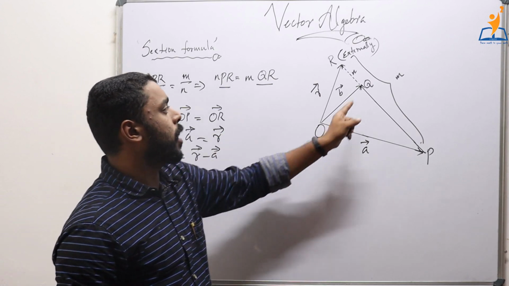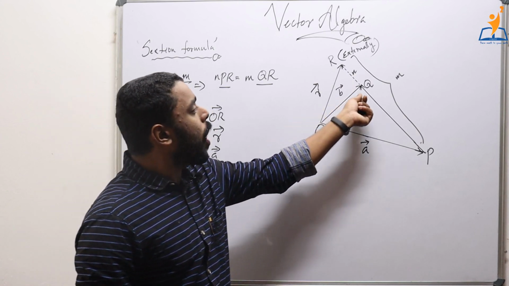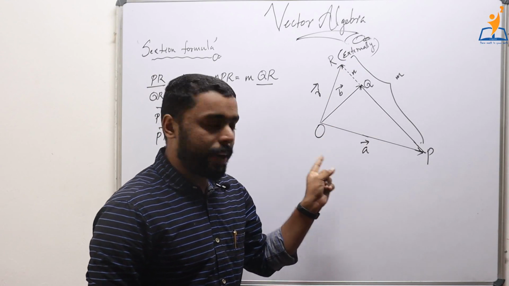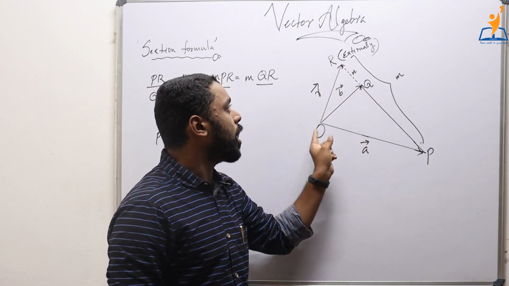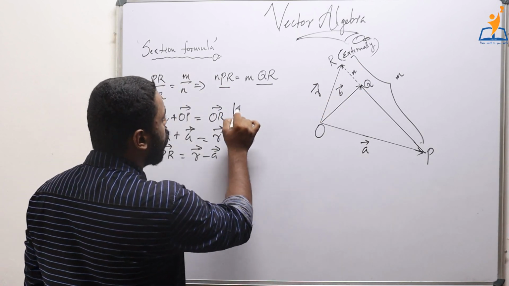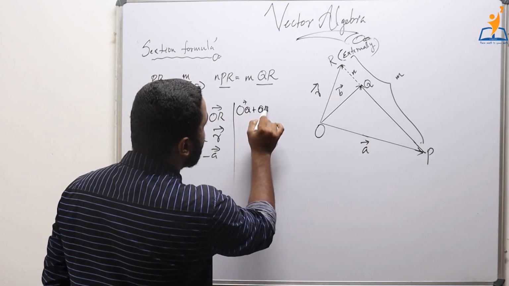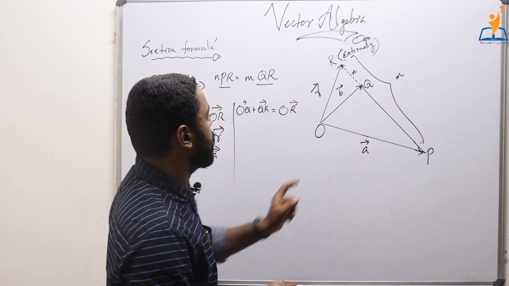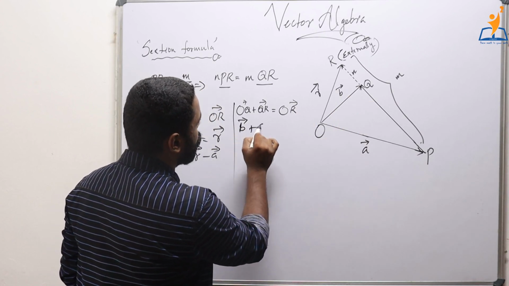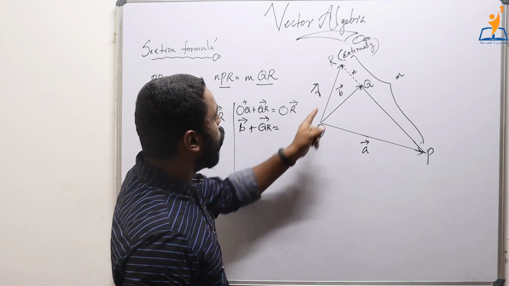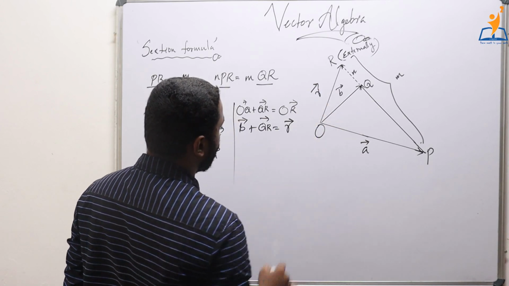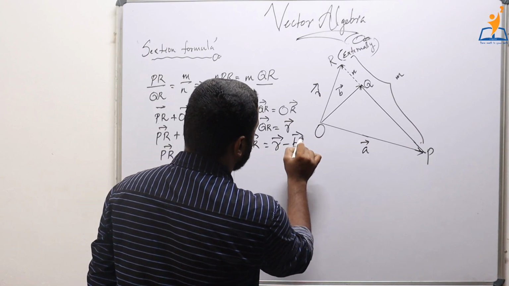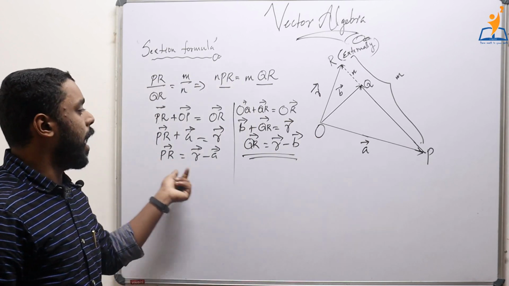Now we can locate QR. QR is the side of triangle OQR, and by triangular law of vector addition, we have OQ plus QR is nothing but OR. Now we can name these terms accordingly. OQ is vector B, plus QR, which is still unknown, let it be there, equal to OR, which is vector R, the required vector to be found out. So we have vector QR is equal to vector R minus vector B. See, we obtained PR as well as QR.